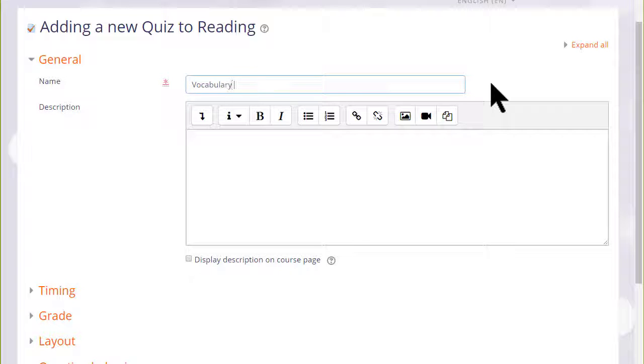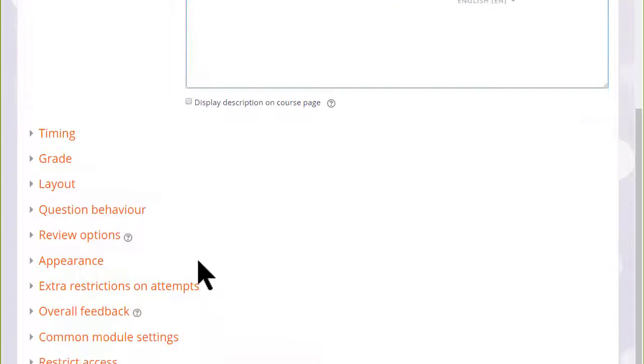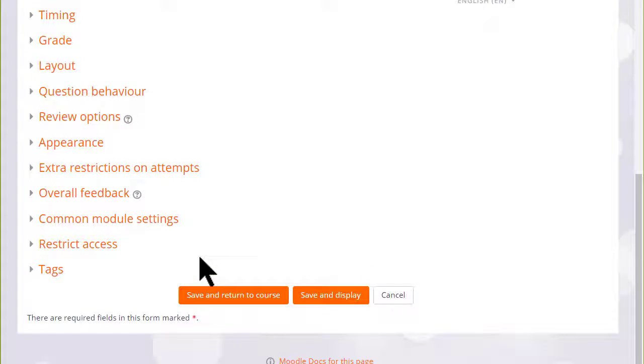The first thing that we do is create the front page, if you like, of the quiz. The name and the description which quiz learners will see, and if you want the description to appear on the course page, just tick the box Display Description on Course Page. There are many different settings in a quiz, and it is worth exploring all of them. If there's anything you're not sure of, the question mark help icon gives you extra information. For now, we're just going to click Save and Display, and we have a blank quiz,